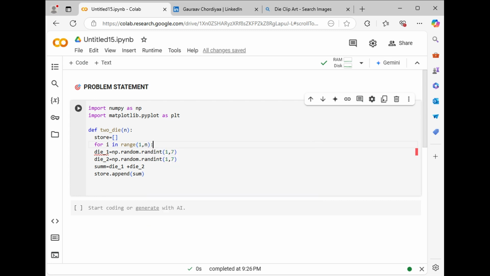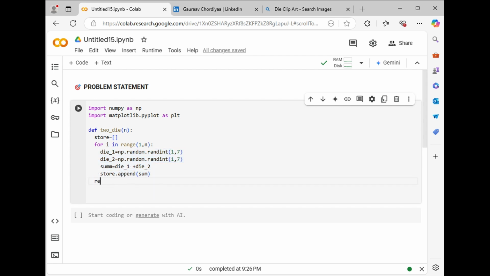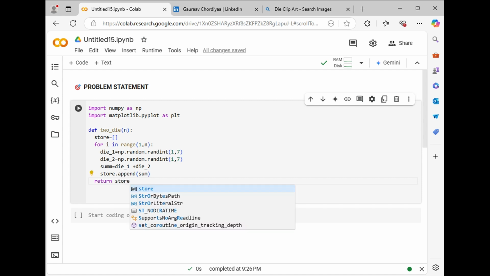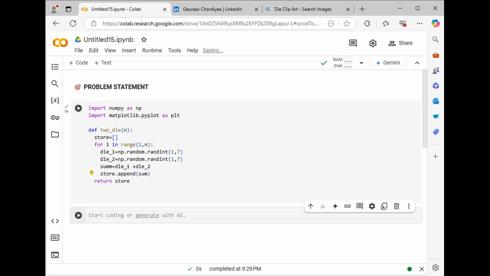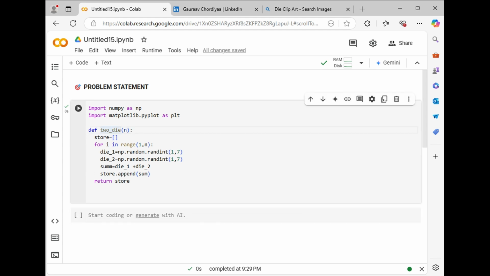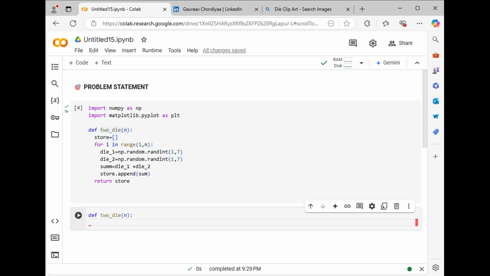Okay, now we'll select this and press tab so that it will be indented. And now I'll just return that. Return the store. So you'll get a, ये अभी तक कंप्लीट नहीं हुआ है, but let's run that code, तो हमें समझेगा कि हमने कहाँ तक आए. So I'll just use the function and I'll put it here and I'll provide n as simply 10. Let's put 10 over there.